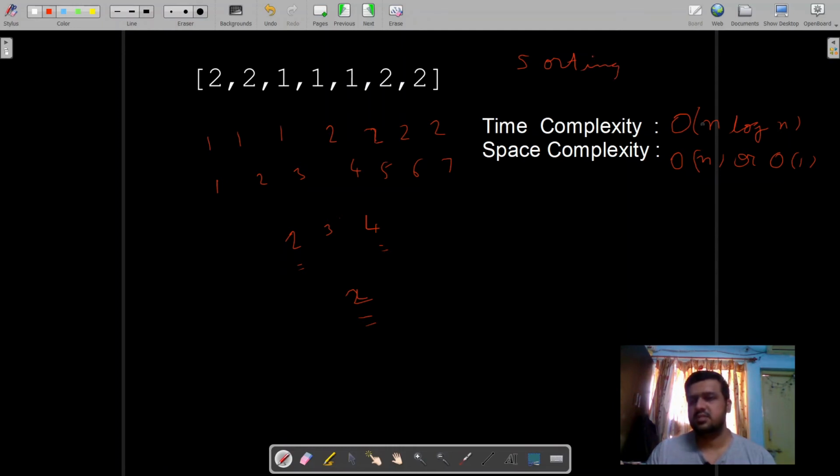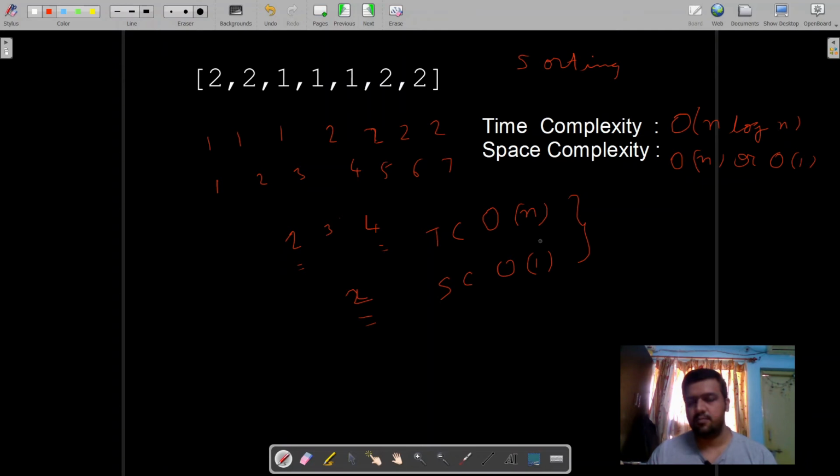So but still the problem persists. Either we are compromising on time or on space. So these approaches are good but not the efficient one. We want an approach which has to be order of n in time and order of 1 in space. So we want these two combinations for time complexity and for space complexity. So we need to achieve this particular thing, but till now we are not able to achieve this.